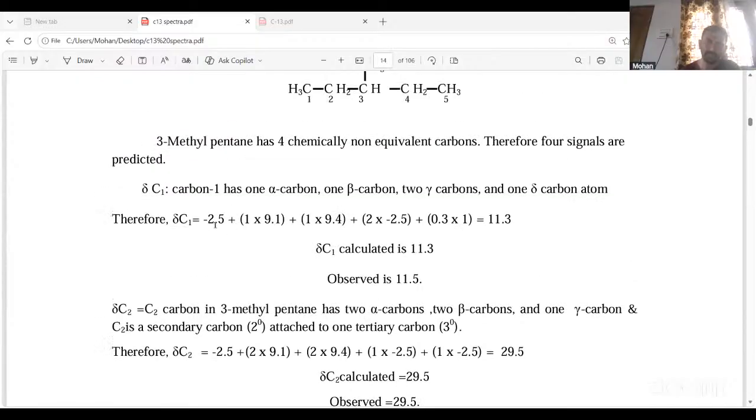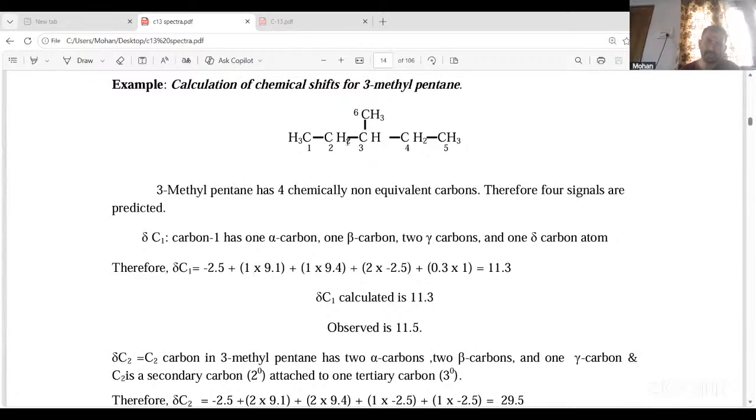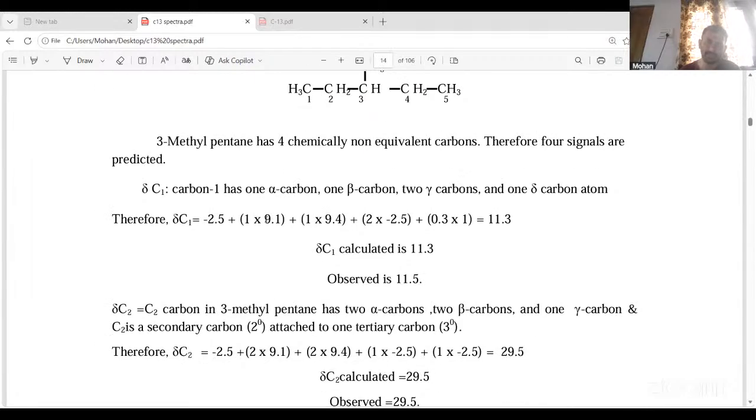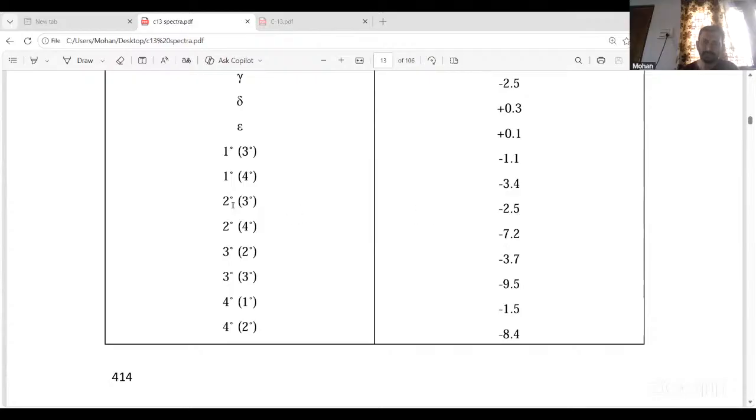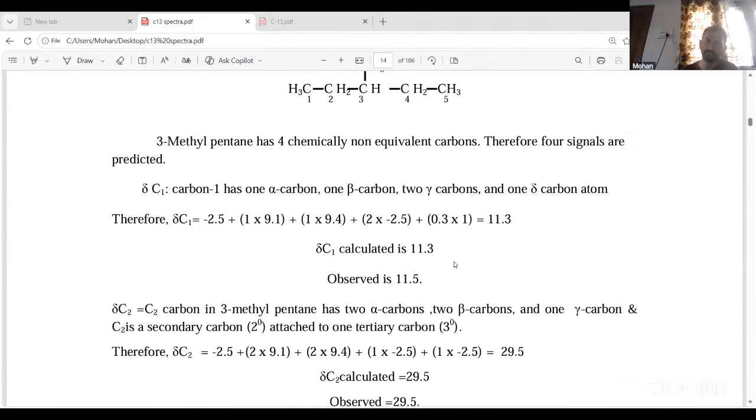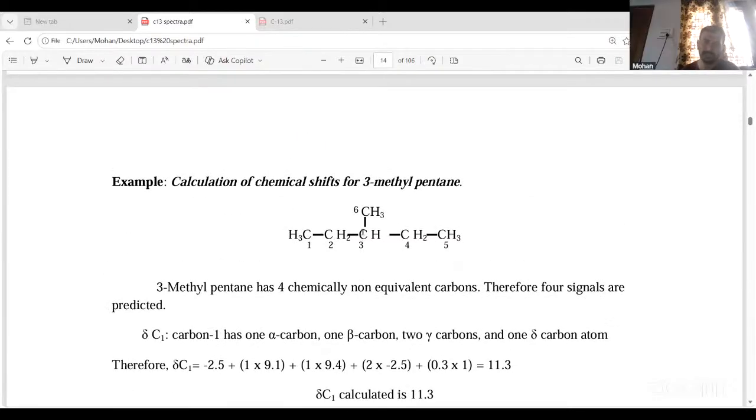Right. So here 1 into 9.1, it is the alpha carbon, which we are considering, and 1 into 9.4 is the beta carbon, and 2 into minus 2.5. So what is 2.5 here? Above you can see 2.5. What is it? The secondary carbon attached to the tertiary carbon here, isn't it? So here this is the secondary carbon, no, sorry, tertiary carbon, right? So the C3 carbon is a tertiary carbon,